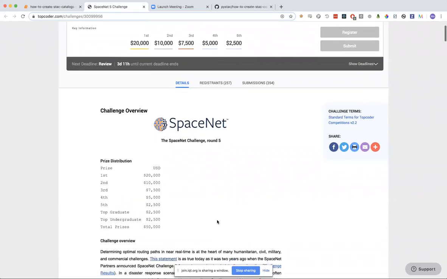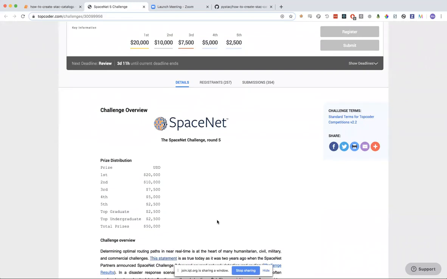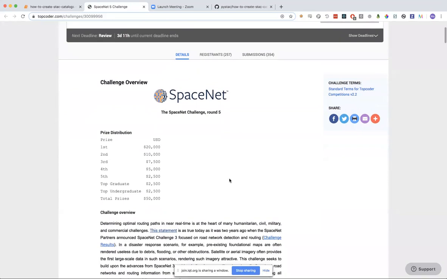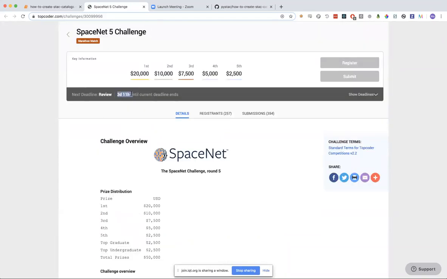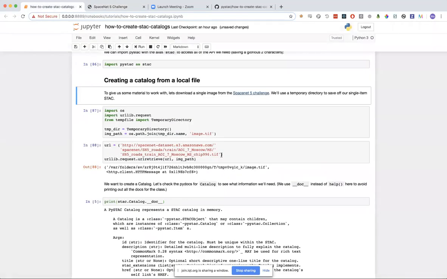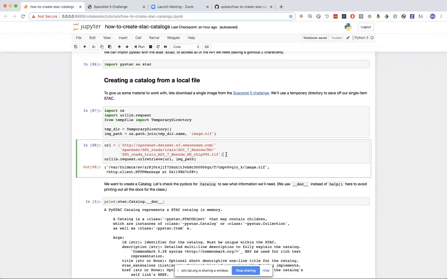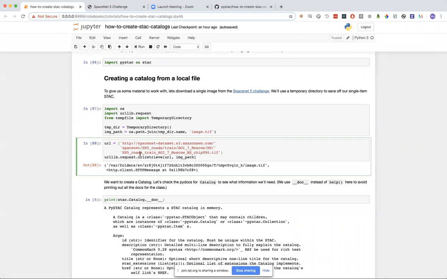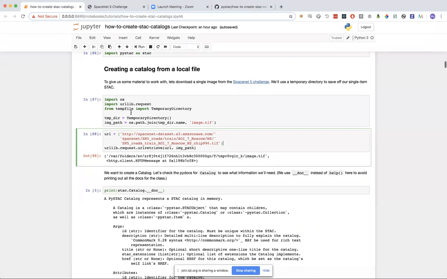SpaceNet 5 is around trying to predict speeds of road networks. And it's still going on. So you have 3 days and 11 hours to win $20,000. But we're just going to grab, so they host the data on a publicly accessible AWS bucket. So we're going to just grab one locally and store it in a temporary directory,